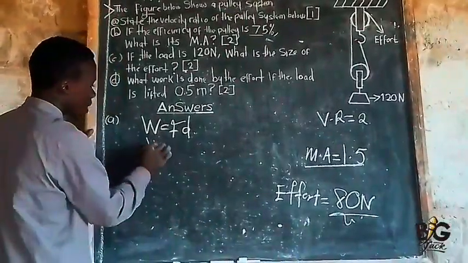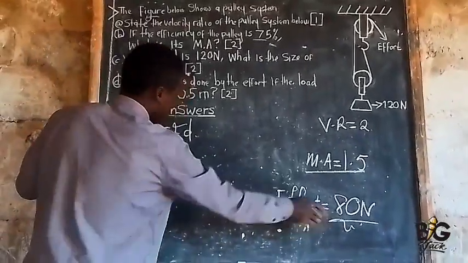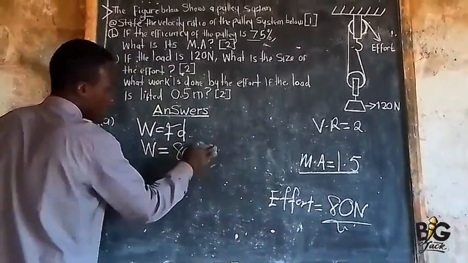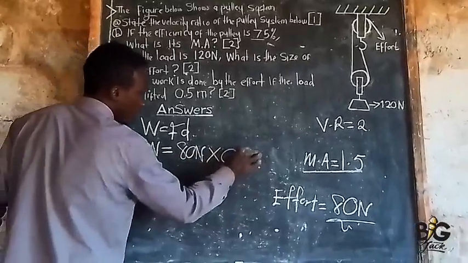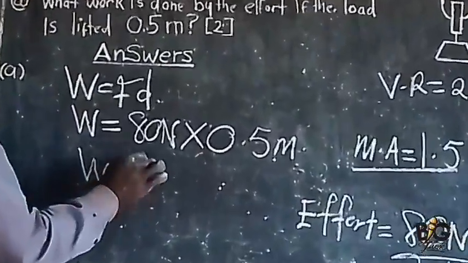So we are going to say work done is going to be equal to the force, which is this one here. Otherwise, we can call it the effort. So 80 newtons multiplied by the distance, which is 0.5 meters. Then the answer here is just going to be